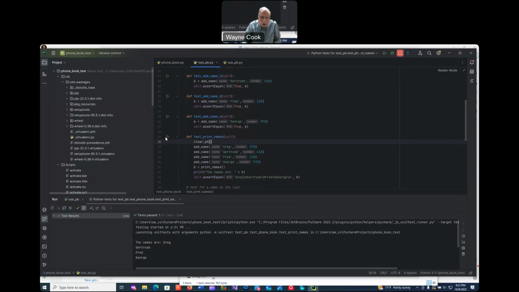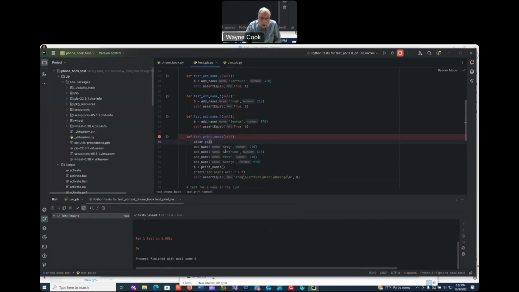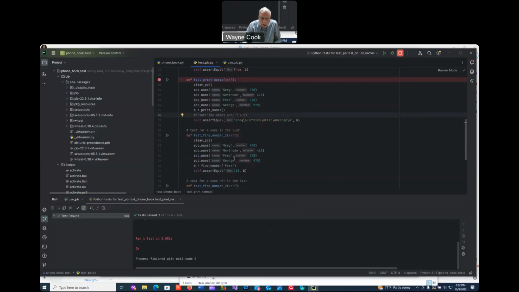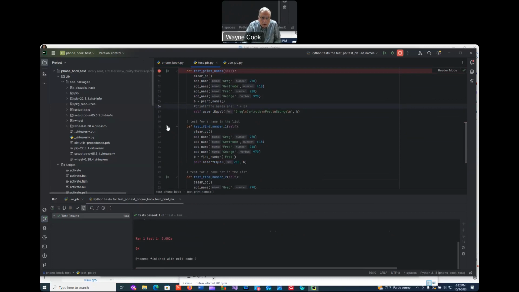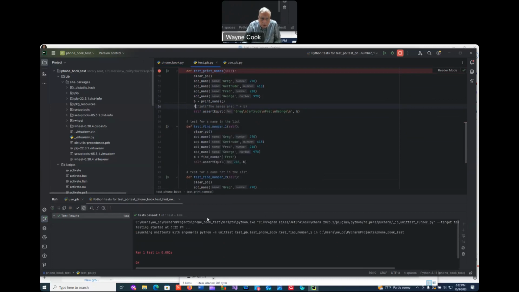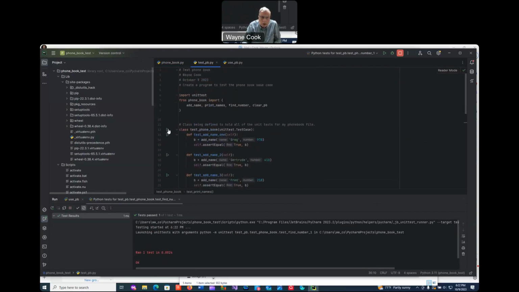So let's just try this. And I don't need to have the print here. So I'm going to run this, and notice this test passes just fine. Now if I go back up to run the whole test,